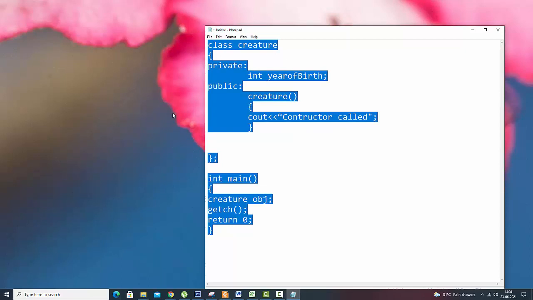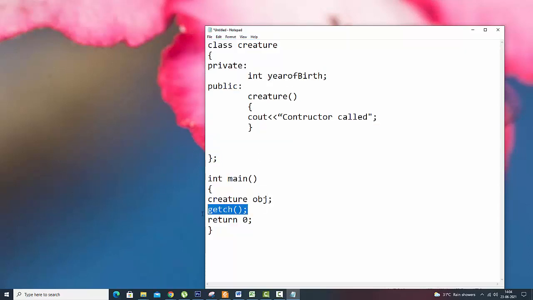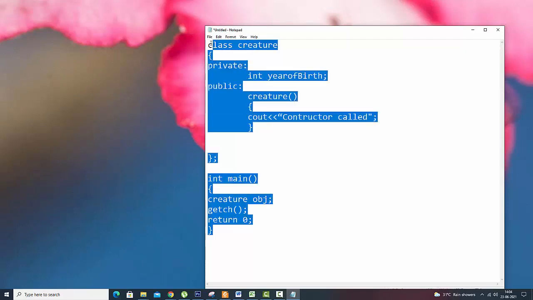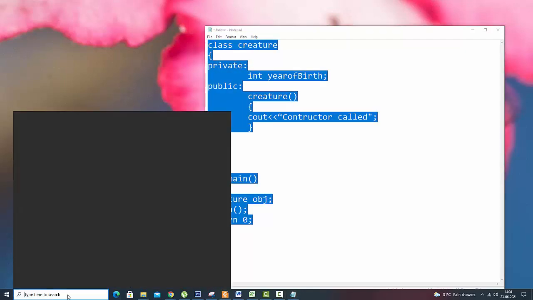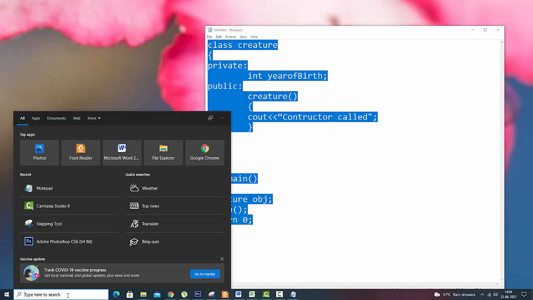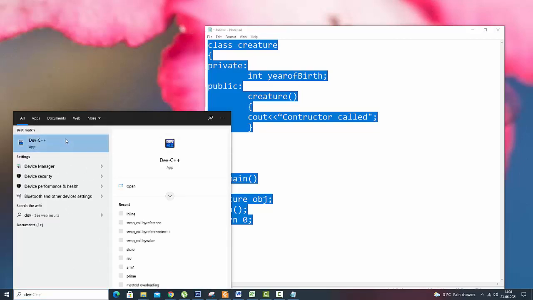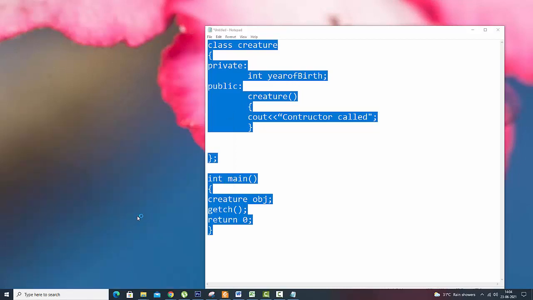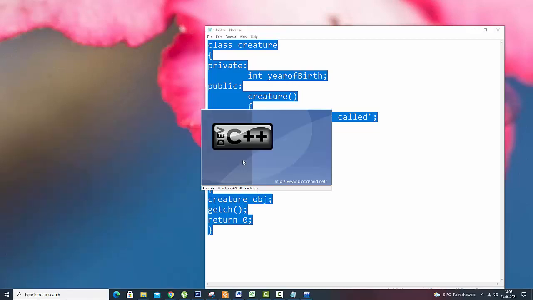Let me copy this one. We have to include the header files and ch and getch, all those things. This is a very simple one, just a single class, and we are using Dev C, let us open it. We are just calling it with the help of the class name. What is occurring here, let us see.